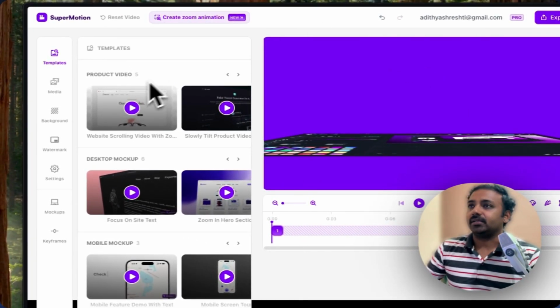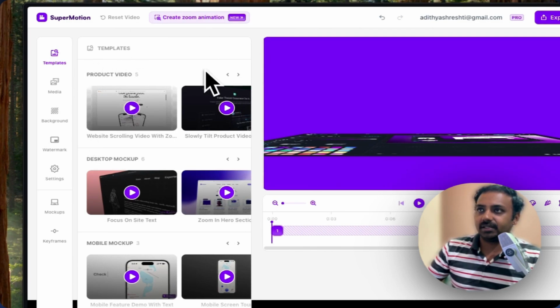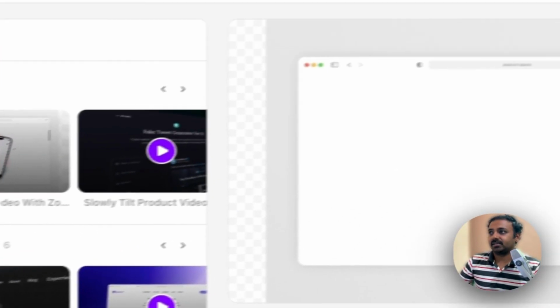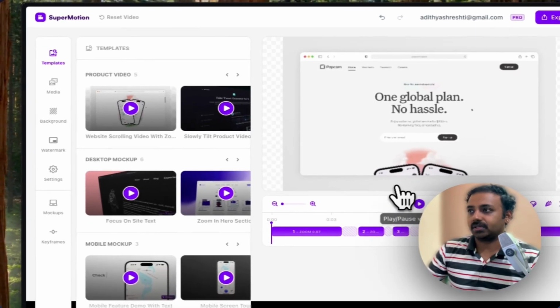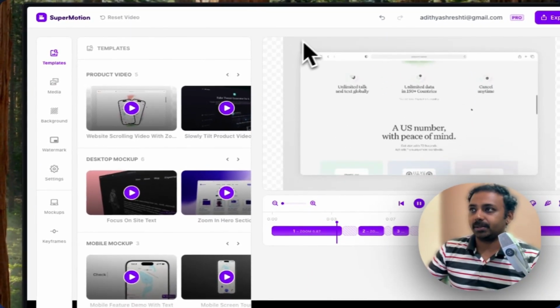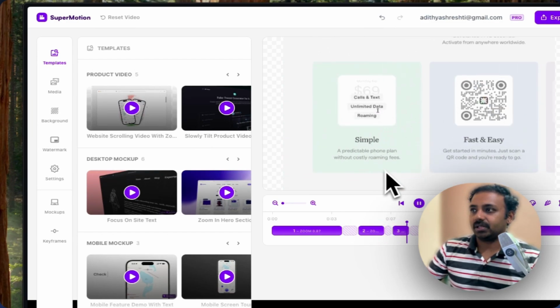Okay, yeah. So as you can see here, these are the different templates it offers for the same media content that you would have uploaded. Okay, so let's say if I select this, it shows this. It is a simple, clean browser template or a mockup,